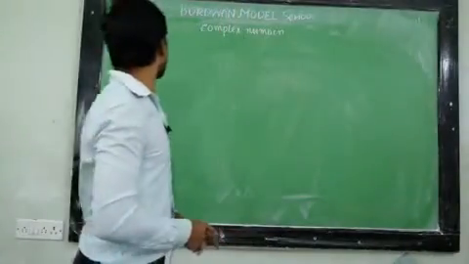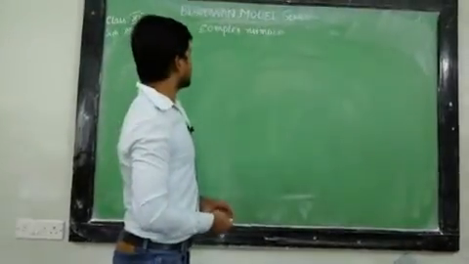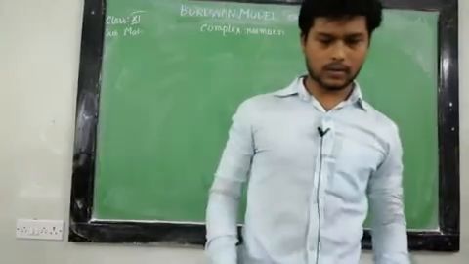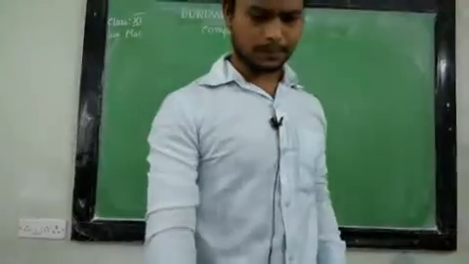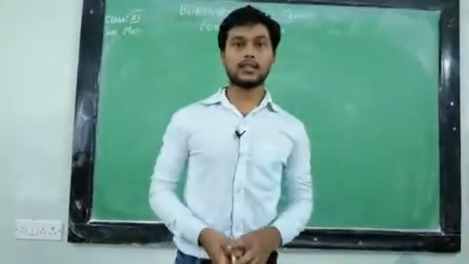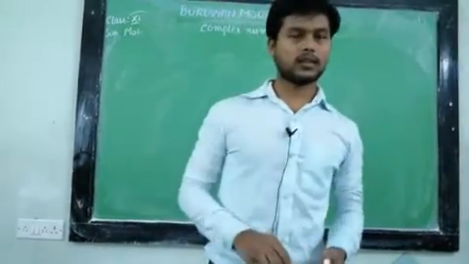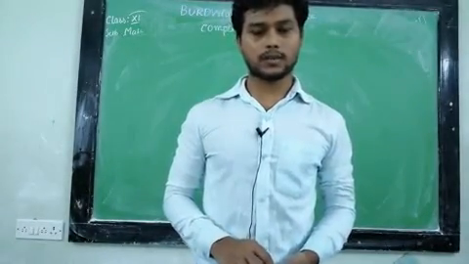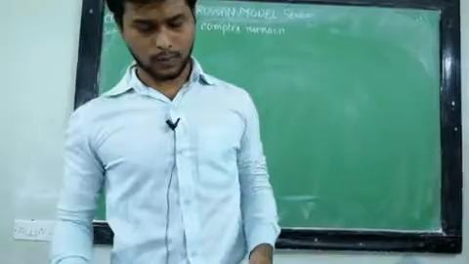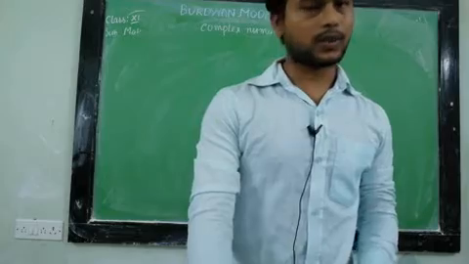This class is for the students of class 11, and today we discuss the complex number. Now we have taken one class on that chapter, and we learned what the general form of a complex number is. Today we will discuss the geometrical representation of the complex number in Cartesian form and in scalar form, and the modulus and argument of a complex number.